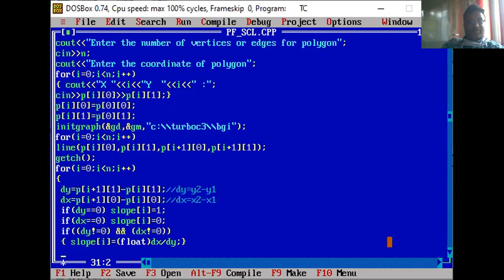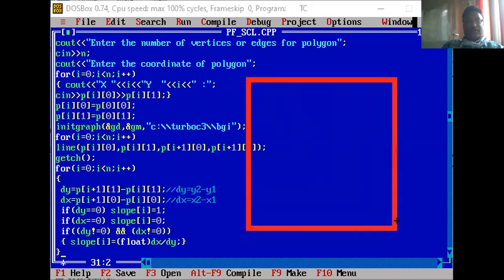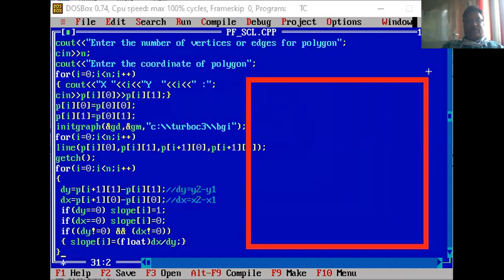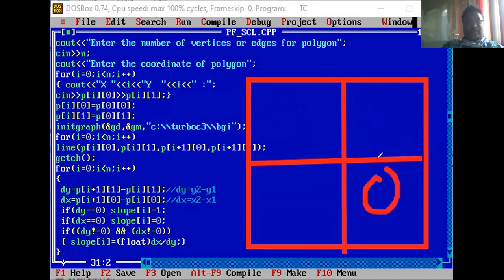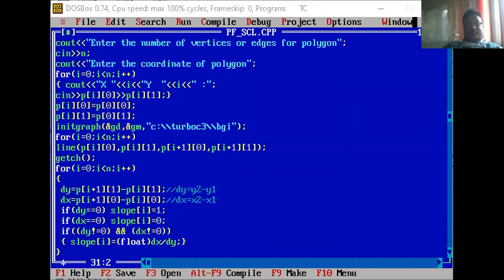Yes, I am considering dx by dy because you are working in the fourth quadrant. आपण कुठे वर्क होता फोर्थ क्वाड्रंटला. See, just I am going to draw. Okay, so this is your entire monitor screen. Suppose I have divided it into 4 parts. So whenever you consider the slope of the line in this area, that time you have to consider dx by dy. So that's why I am writing dx by dy over here.